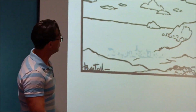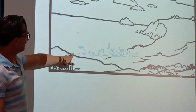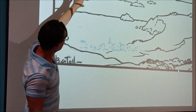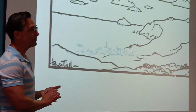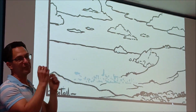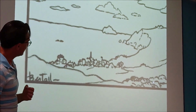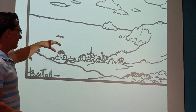And if we go onto the next page, you can see I left it to last because I inked everything I knew was there, but then this had to be worked out. It's definitely a seaside town. This is definitely cliffs, this is definitely the slope, that's clouds, that's sea, but that I had to really look. So I went through a lot of my old annuals and found similar sort of aerial distance pictures of towns and how Bestall drew in those elements. And I came up with that, which once it comes into focus, there you go,